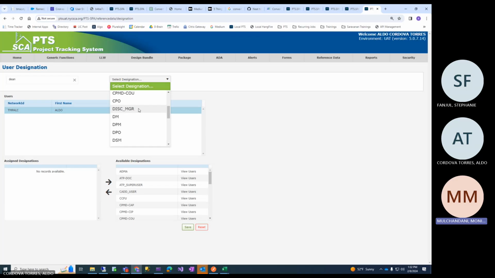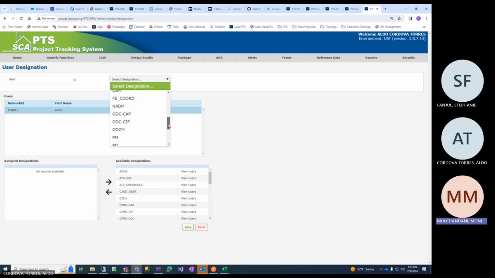Then DPO, I don't know what it is. DSM, DPO, maybe they are used in ADA or somewhere new, but I don't know. Design project officer. There should actually be the designation description in the bracket also. We have it in the table, so that will give a clearer picture of what DPO and DSM stand for. Design studio manager? No, studio manager we have separate also. DSM, I don't know.